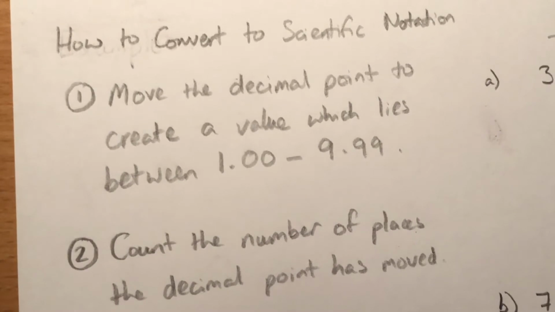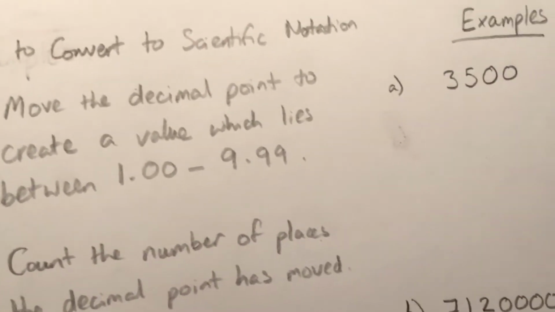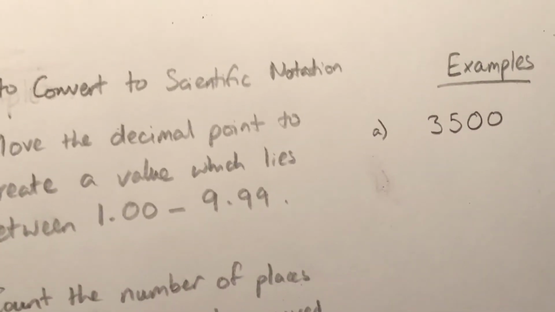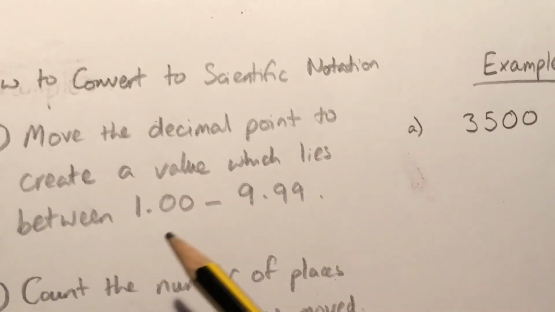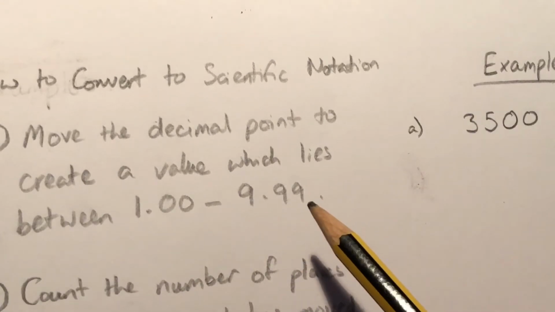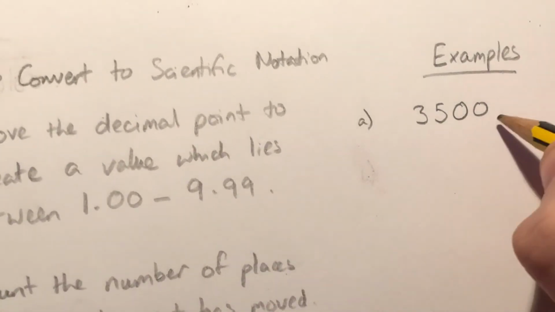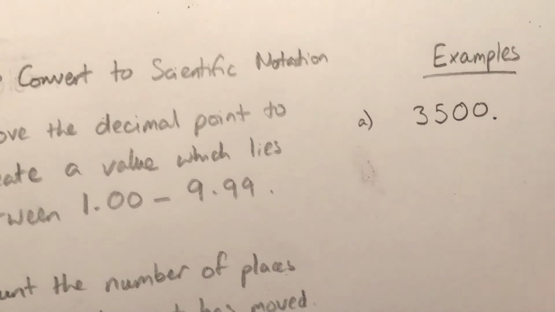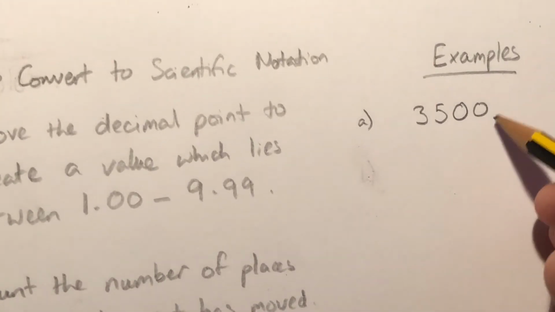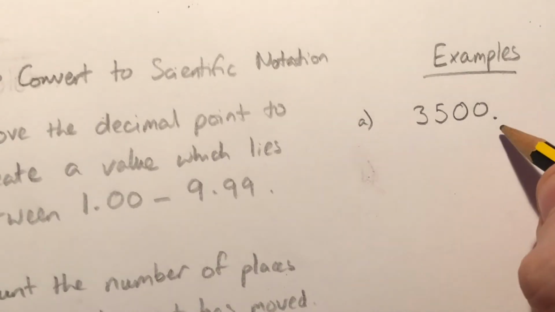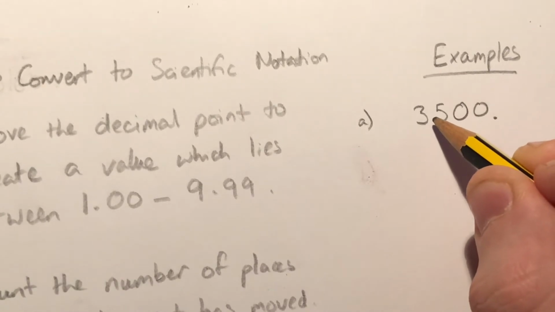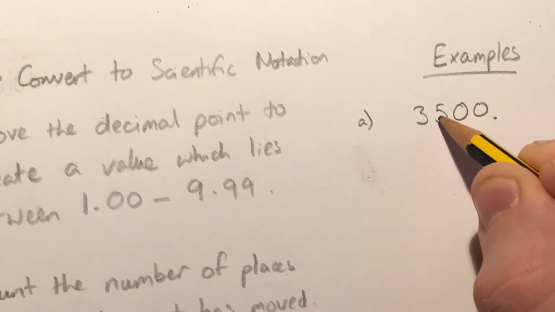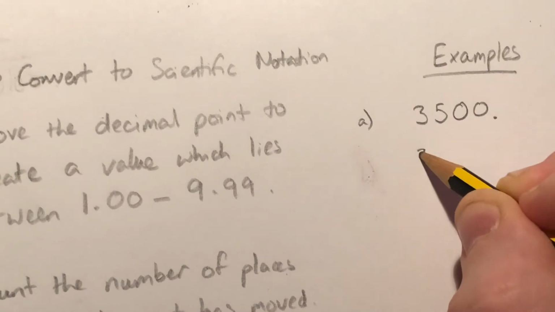So rather than just having to write out the notes, I'm going to show you exactly what I mean by this. So our first example, we've got 3,500. And we're told to move the decimal point to create a value which lies between 1 and 9.99. Well, our decimal point normally in this is here at the end. We don't tend to write a decimal point at the end of a whole number, but it is still there. So I want to move the decimal point to create a number between 1 and 10. Now, the easiest way to do that is to think, well, 3.5 is definitely between 1 and 10. So